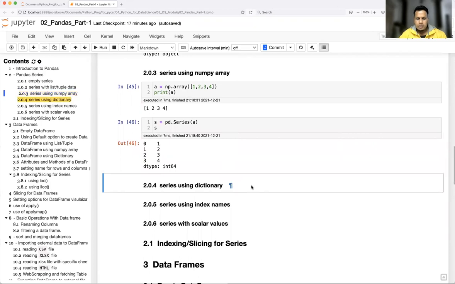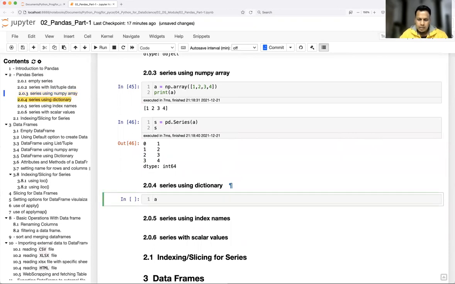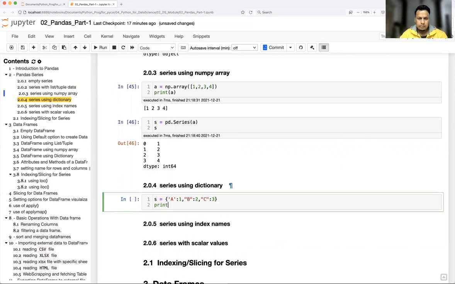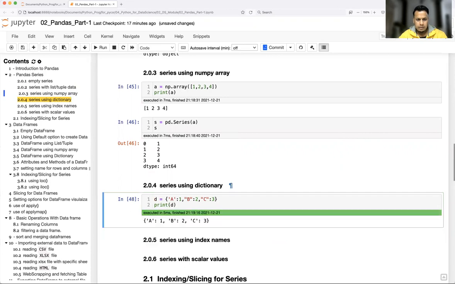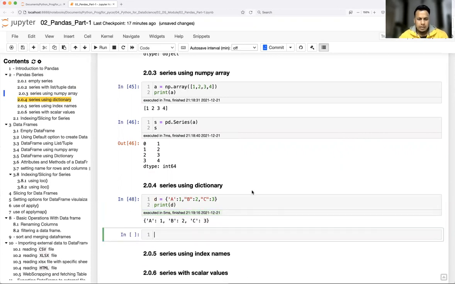Let's see how you can use a dictionary. I'm going to use d equal to, let's say, a dictionary. I'll just mention a colon 1, then b colon 2, c colon 3, print d, sorry, it is d. That's how your dictionary looks, right?